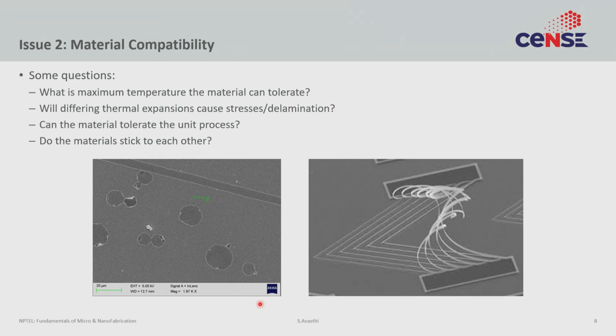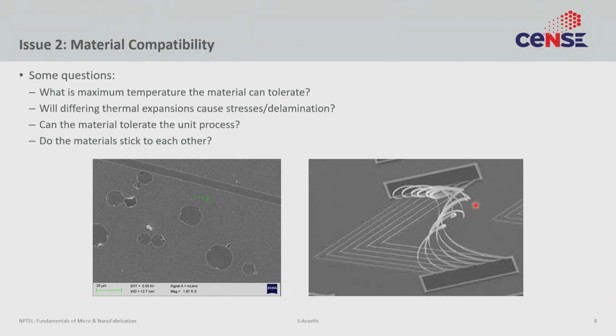Whenever you heat things up or cool down, they always create stresses. Those stresses can cause delamination. So here is an example of some metal layers that have gotten delaminated. Is that a possibility? Can you make some changes in your process to make sure that doesn't happen? Can you add some adhesion layers? Can you change the temperature at which you are doing the processing such that the stresses don't become so large that delamination can happen, etc.?